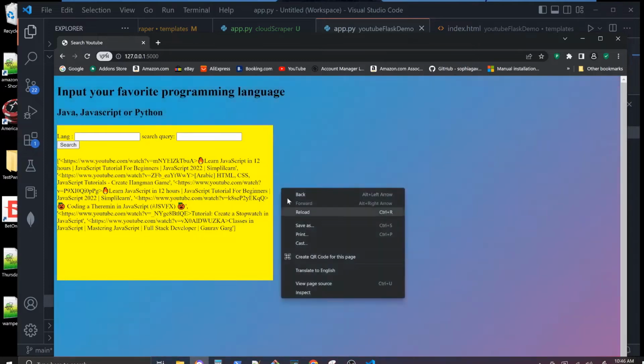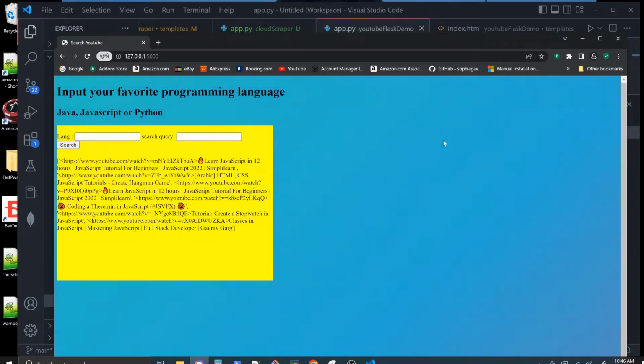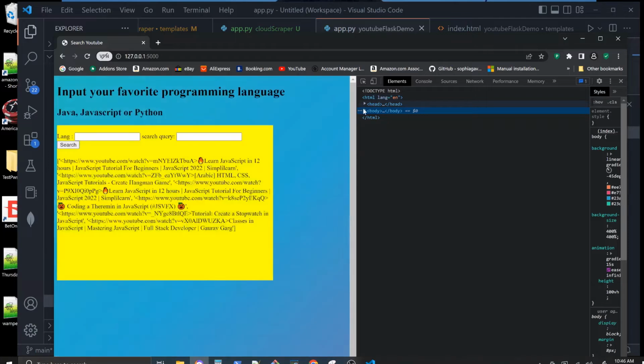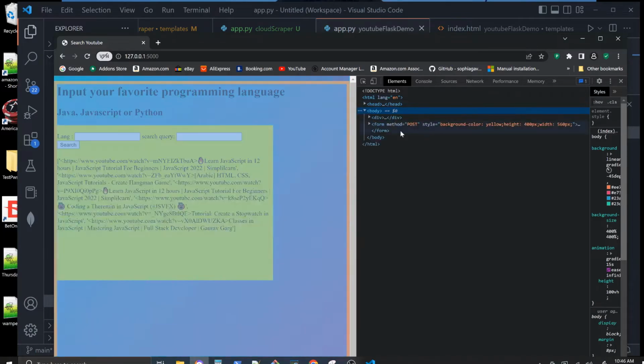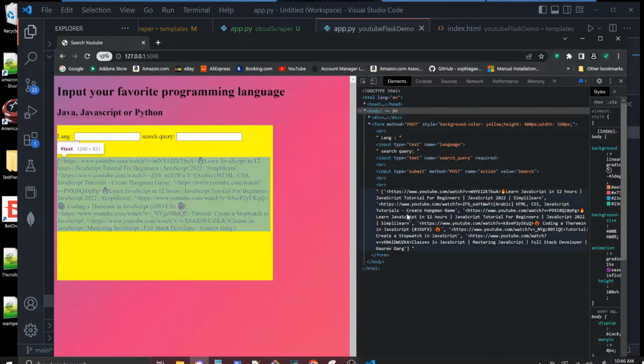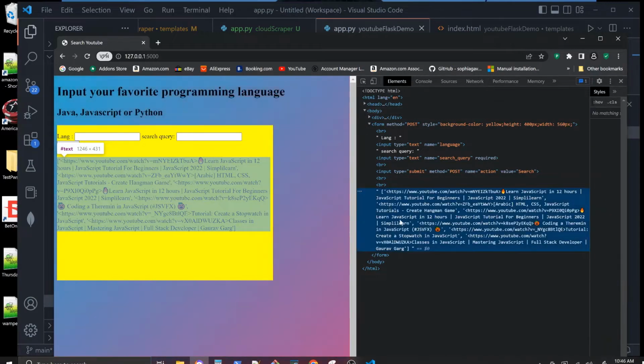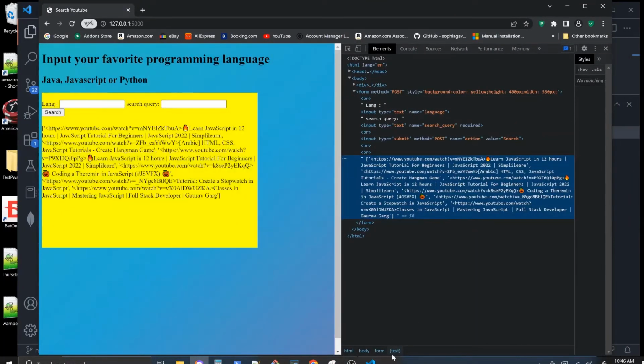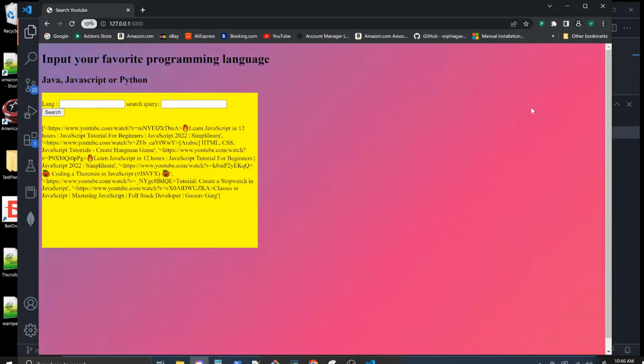And if we inspect this response body, yeah, there it is. It's just text here. You see it down here. It just sends back text. It's not the most sophisticated thing in the world,